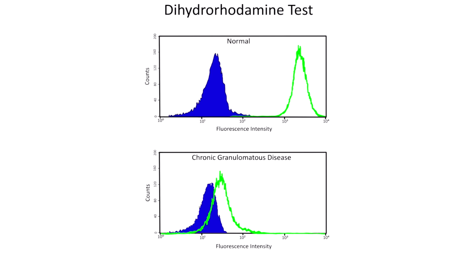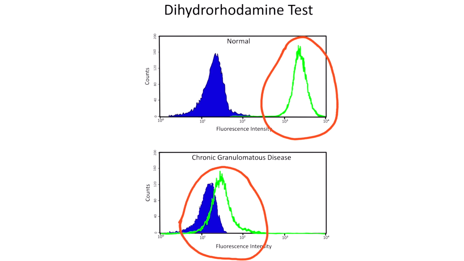By means of orientation, the y-axis of these graphs corresponds to the cell counts, and the x-axis corresponds to the fluorescence intensity. Under normal circumstances, NADPH oxidase will be able to convert dihydrorhodamine to rhodamine, which will yield a lot of green fluorescence. In patients with chronic granulomatous disease, on the other hand, the defective NADPH oxidase will not be able to convert dihydrorhodamine to rhodamine, which means that the extent of green fluorescence will be